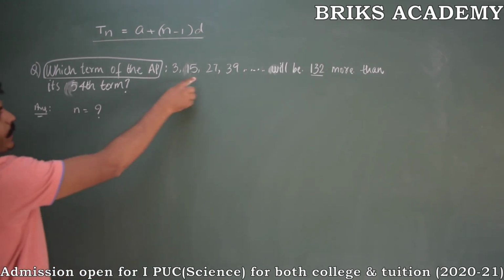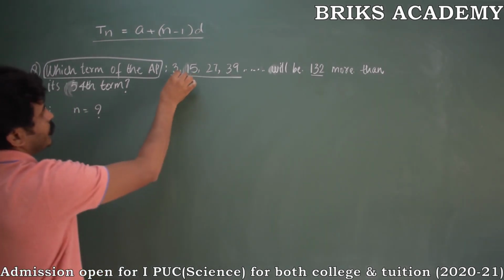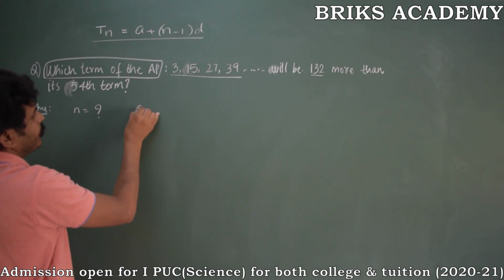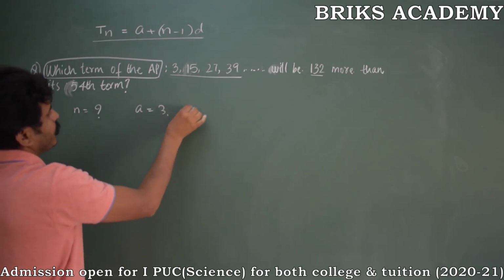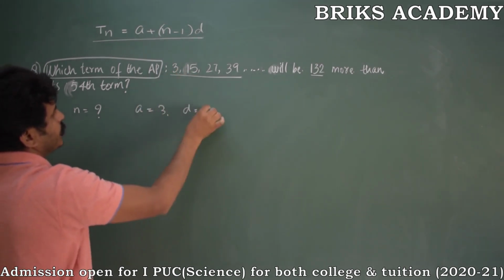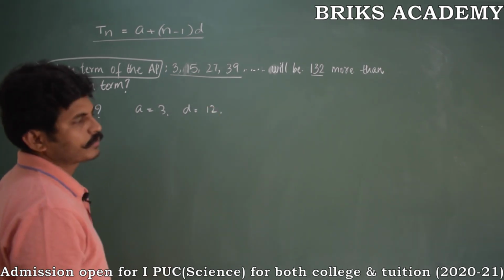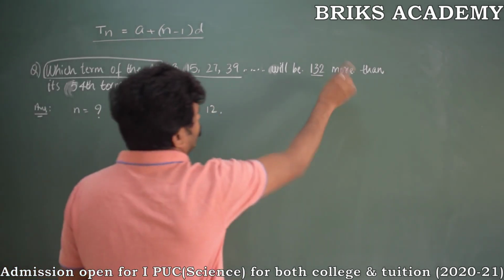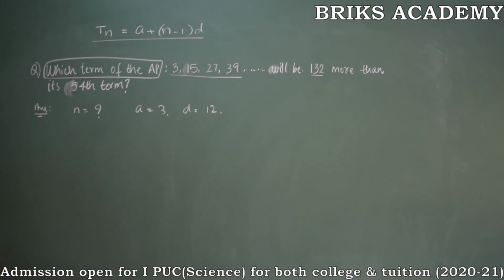What is this AP? From this, whatever I can collect: A is 3, D is 15 minus 3, that is 12. It will be 132 more than the 54th term. 132 more than which term? Say nth term of an AP is